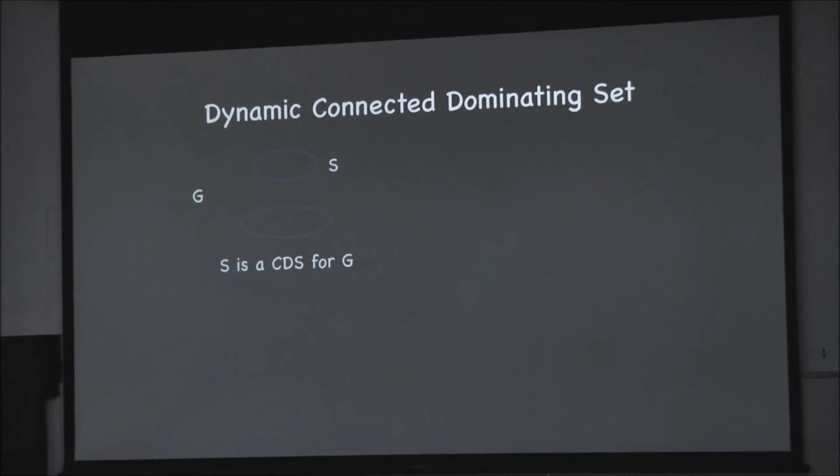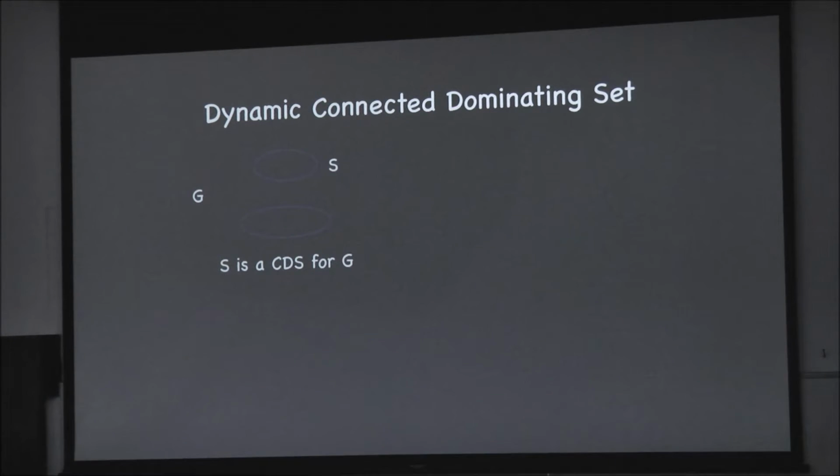So now we have, once again, one of the reasons why the algorithm for dominating set in the dynamic framework was so simple was because we assumed that it suffices to search for a solution that contains the old solution. And the old solution is already given to you. You have so much information. That's the reason why the problem became very easy. At least that's the main reason why the problem became very easy. Can we show something similar for connected dominating set? Because of the connectivity constraint, it's not very clear why it suffices to search for a superset of the original solution. The connectivity constraint is an issue here.